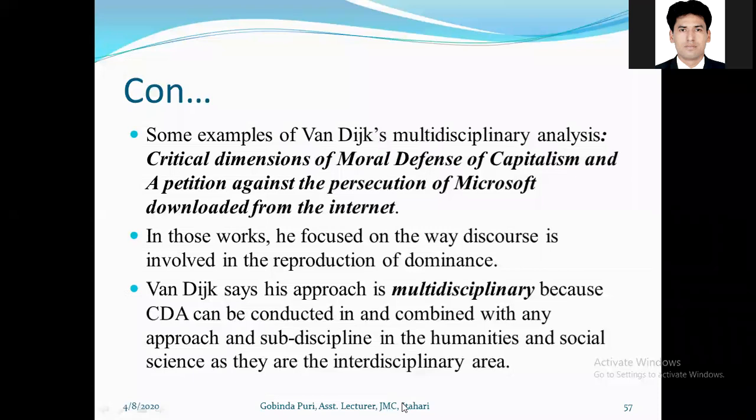Similarly, in those works, he focused on the way discourse is involved in the reproduction of dominance. See, discourse produces dominance also. Because of discourse, because of language, there can be the reproduction of dominance. Dominance means, you understand, no? That is the kind of effect or impact of discourse or language in society. So Van Dijk says that his approach is multidisciplinary because CDA can be conducted in and combined with any